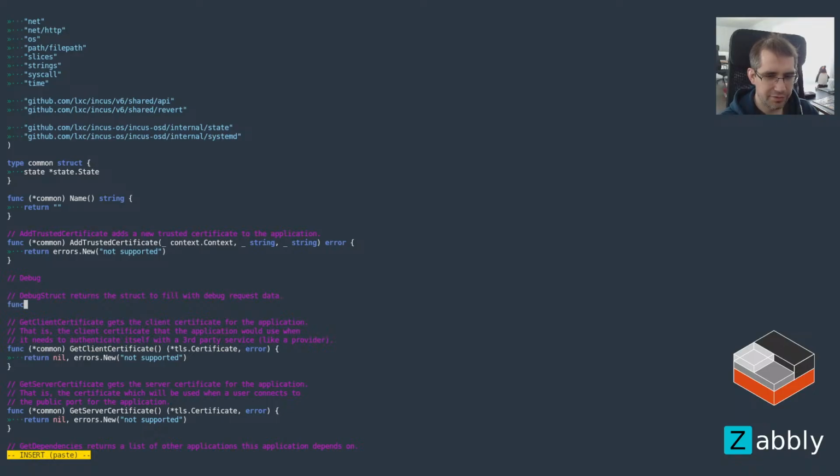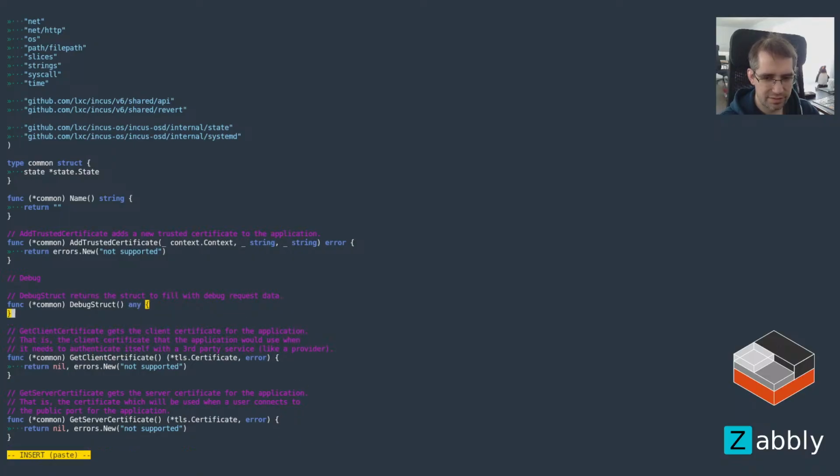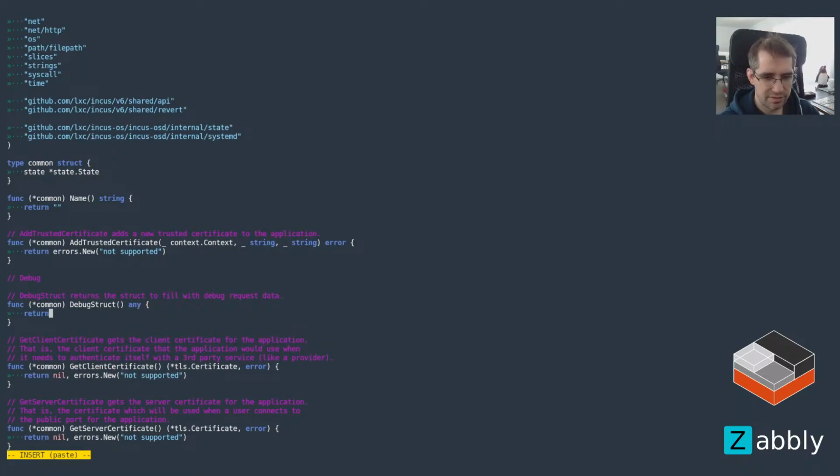So we can just add the functions at these placeholders for the common case. So this would return nil. And then debug